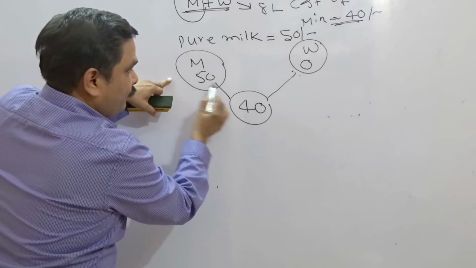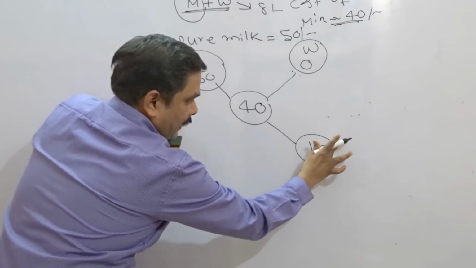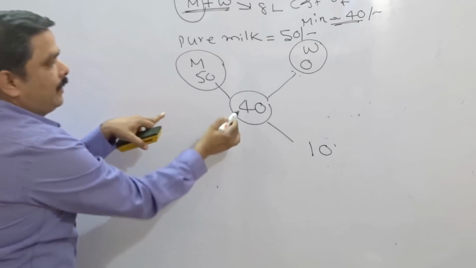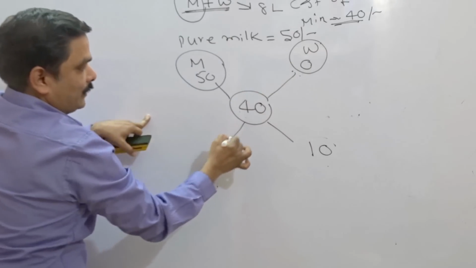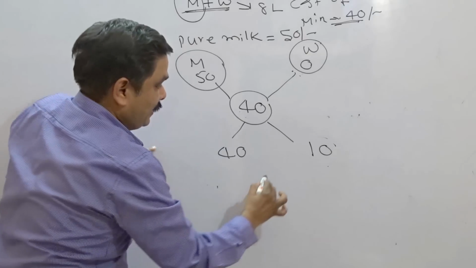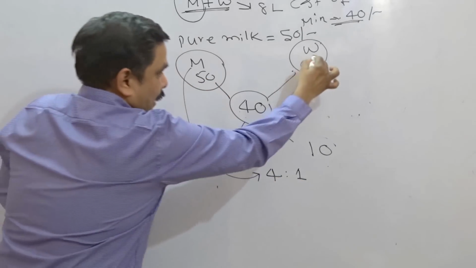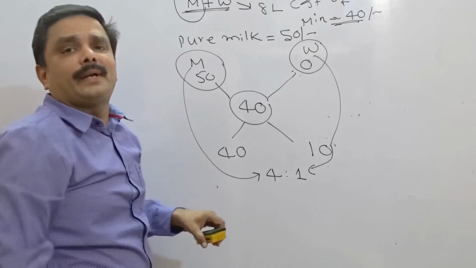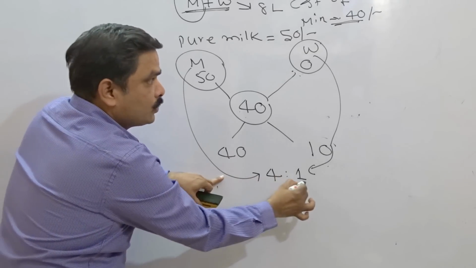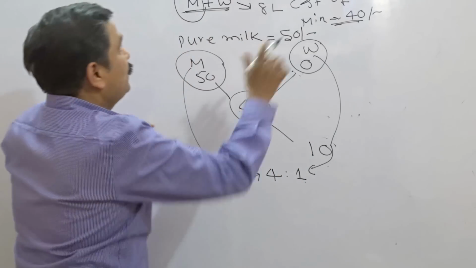That should be 50 minus 40. This is going to be 10. And anyway, this is the ratio. This is 10. And 40 minus 0, this is 40. Now in which ratio are milk and water there? That is 4:1. 4 parts milk and 1 part water. So finally the 4:1 ratio. They have given that in this one, the quantity